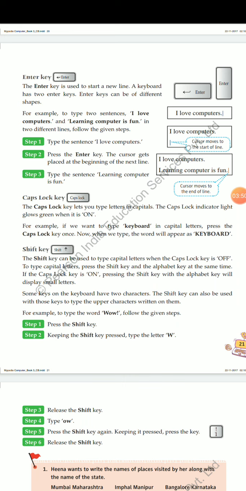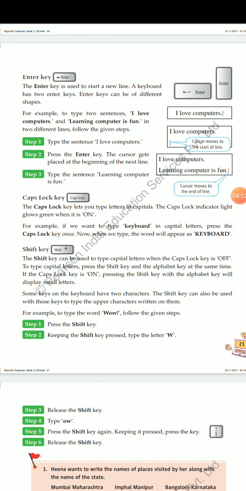For example, to type two sentences, I love computers and learning computer is fun, in two different lines, what can we do? First we type the first sentence, I love computers. Then we put the cursor at the end of the first sentence.